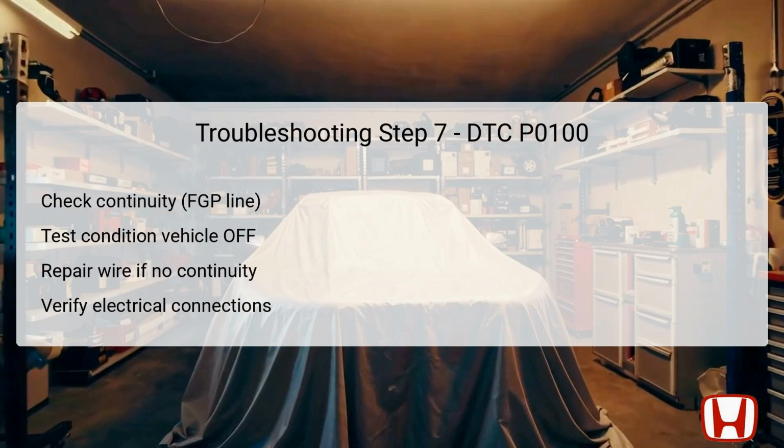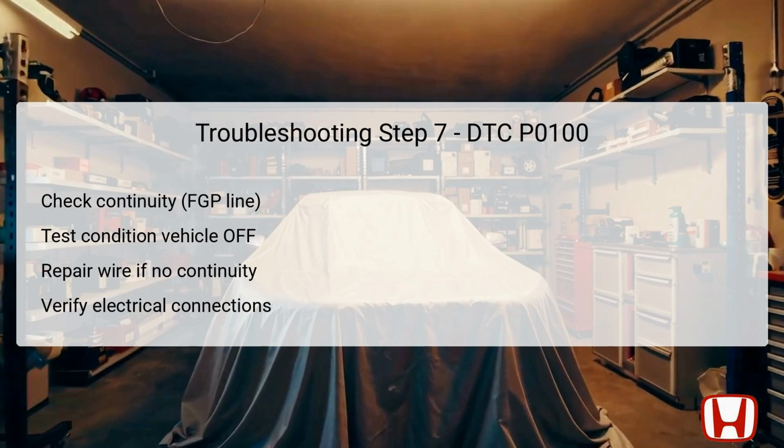The seventh troubleshooting step consists of checking the FGP line for any open circuits. As always, confirm that the vehicle is turned off and both the MAF IAT sensor connector and the PCM connector are disconnected. Use the multimeter to verify continuity between the MAF sensor's female terminal number 1 and pin number 61 on the